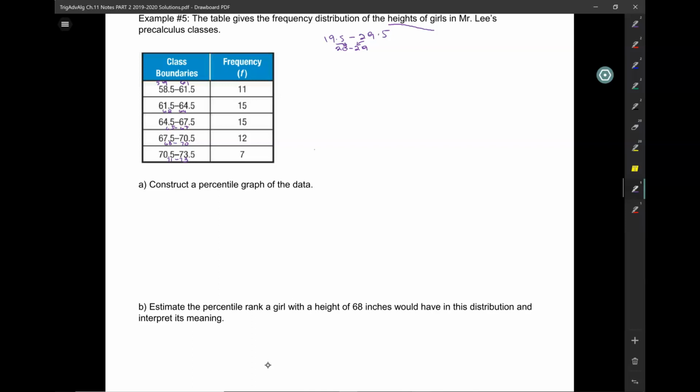What I want to create now is, first of all, the relative frequency. You guys remember how to do the relative frequency? So basically, you have to divide 11 by the total. Well, how many total scores are there? 11 plus 15 plus 15 plus 12 plus 7. That's a total of 60. So for the first one, we say 11 over 60. Well, that's 18%. This one is 15 out of 60,